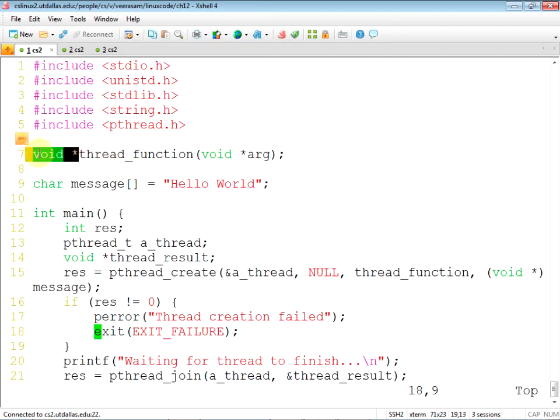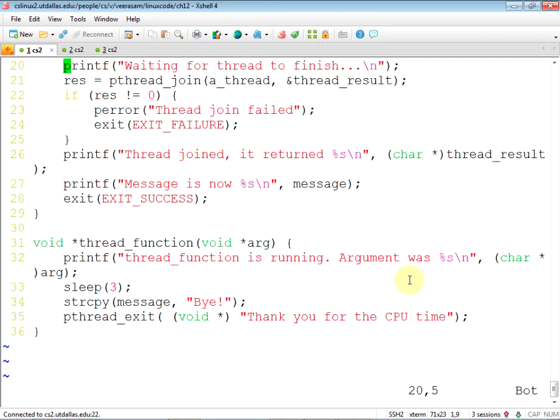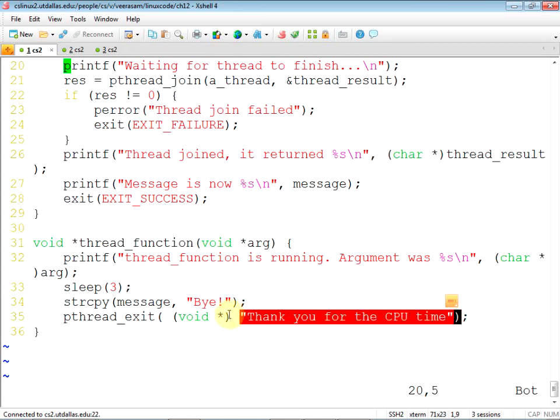Void star keeps things simple. As you need, you can change the typecasting. As it comes in, you cannot work with the void star. You can just print it out, that's all you can do. If you want to work with the values, you have to typecast it, so you're typecasting to char star. Then you're printing it out, and then you're sending back your message, again typecasting to void star, with pthread_exit.